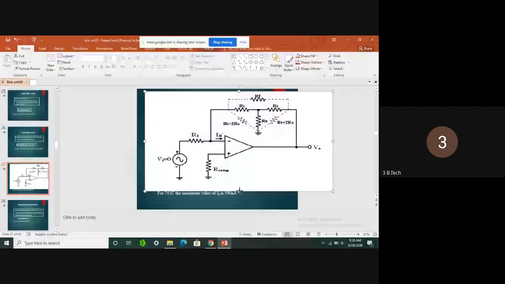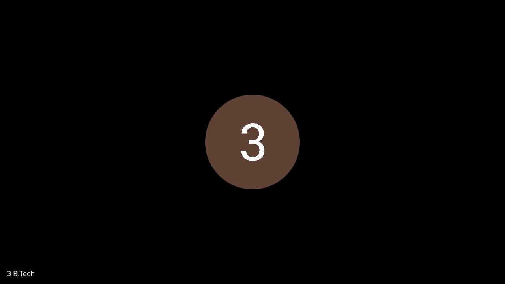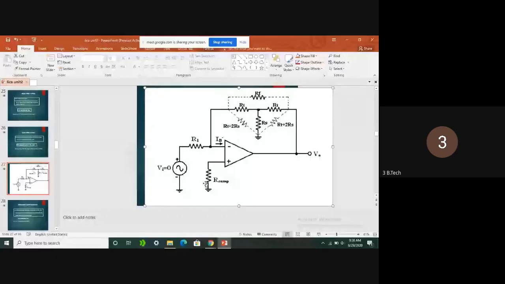If you observe here, in this triangle a minus symbol is there. That minus symbol indicates the inverting input, and the plus symbol indicates the non-inverting input. Whatever signal we apply at the plus terminal, the output and input are in phase. If we apply a sinusoidal signal, we get a sinusoidal output. Whereas at the minus terminal, which is the inverting terminal, if you apply a sinusoidal signal, obviously we will get a cosinusoidal signal in the output.